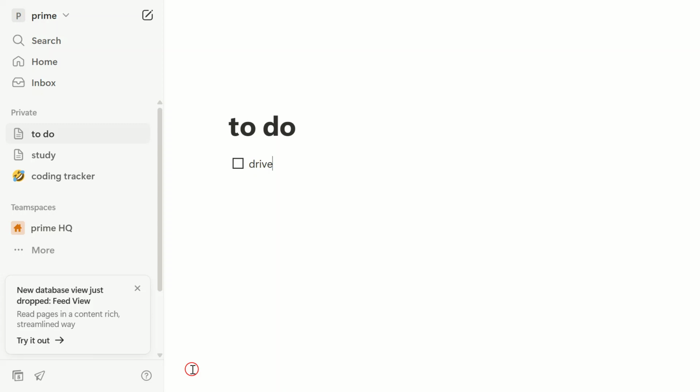Next up, click Plus New to add a new item to your list. Here's what's happening behind the scenes. Each new item you add is a separate page in Notion. This means you can add as many details as you want to each task, like due dates, notes, or even subtasks. Now that we've added a few tasks to the list,